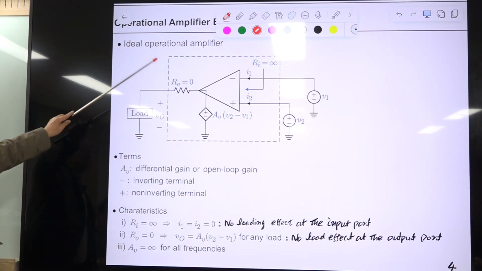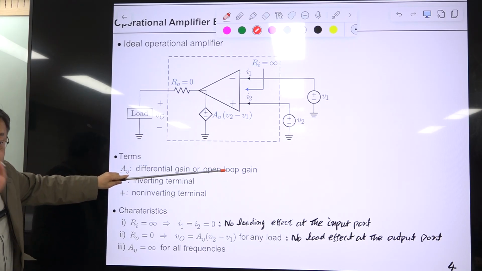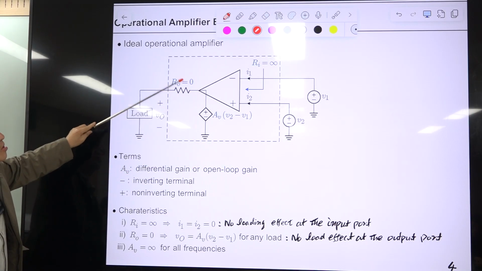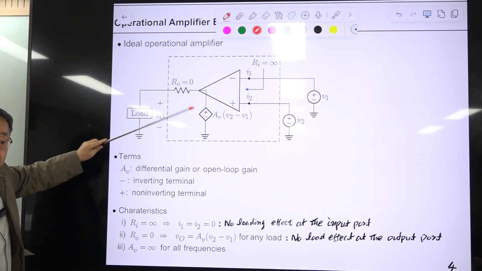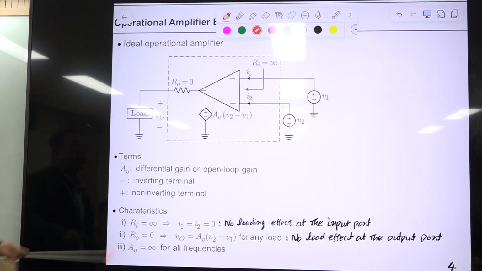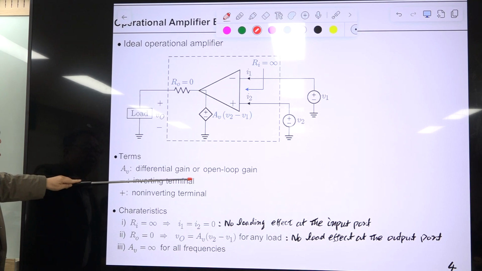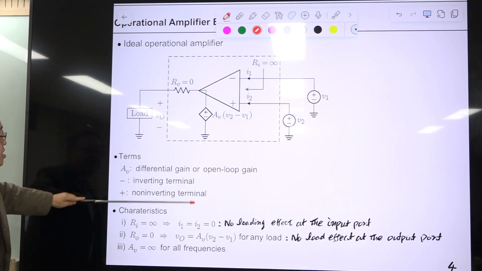Okay, so this is open loop. Okay, but you cannot use this ideal OPM or practical OPM in this open loop manner. So we call it open loop gain, A0, and this is called the inverting terminal, and this plus one is the non-inverting